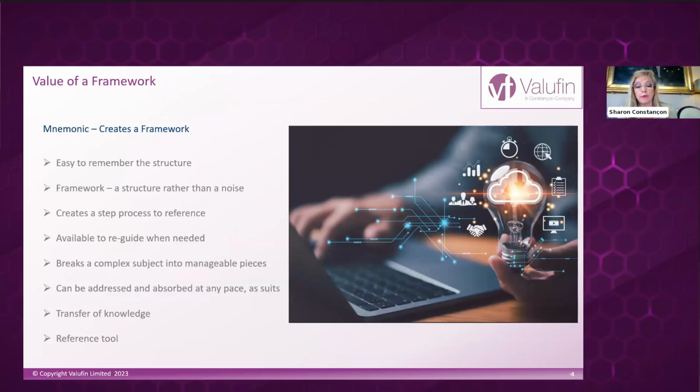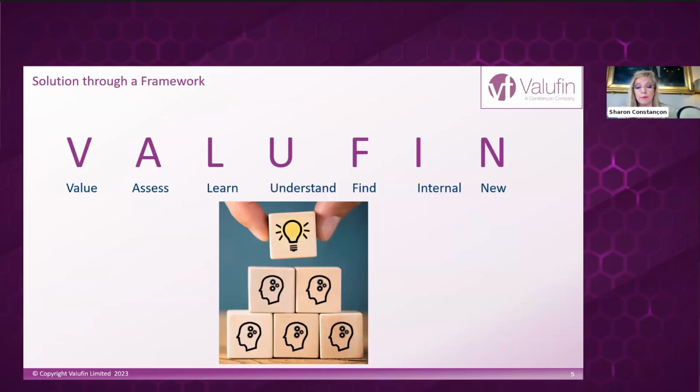So using our mnemonic Valufin to help create some structure to your thinking, it allows you to take the 7 elements that you need to consider and break them down into the individual parts, and you can work systematically through all of these elements to determine how you are going to manage your foreign exchange. It does give you the tips and the clues in this, but these will be followed by more detailed articles and a book that will go through these elements in even further detail than what we are going to cover today in a short 45 minutes.